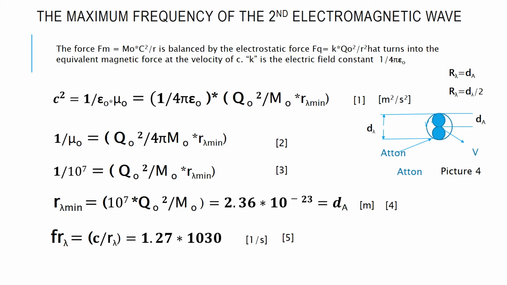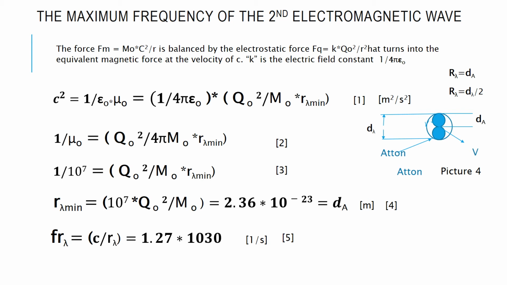You can then rearrange formula 1 so that you then step by step can create the value of the minimum wavelength, which is then the diameter of the atton, which comes out to be